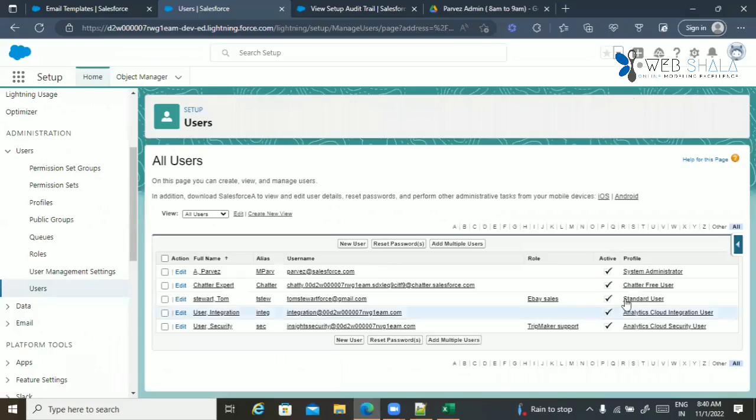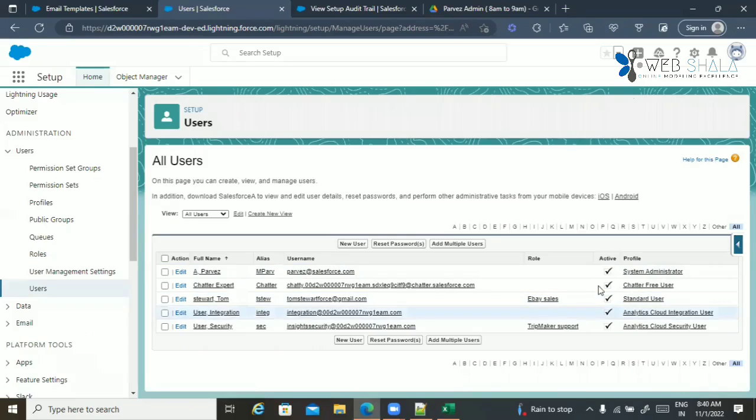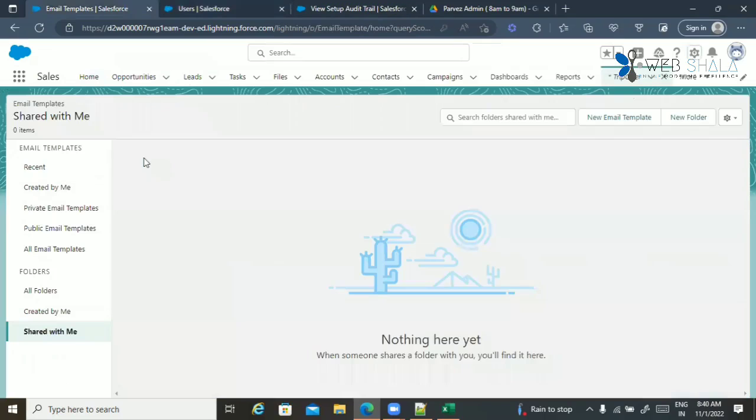All of them are active. If you want to deactivate anything, just go to the edit option, and there you can find the active option. Just uncheck that and save it so that it gets deactivated. And this one you already know: new users, reset password, add multiple users as well. Okay, so next is,